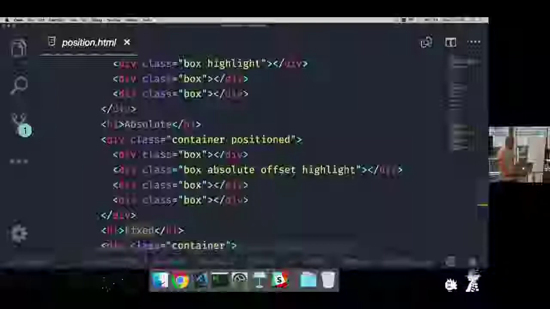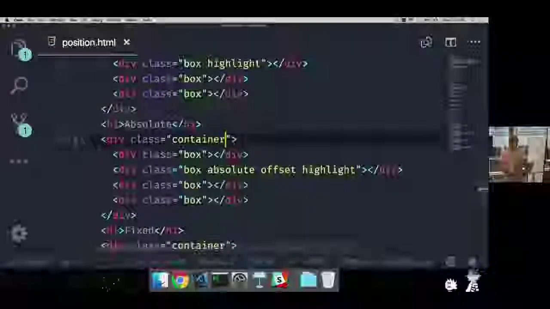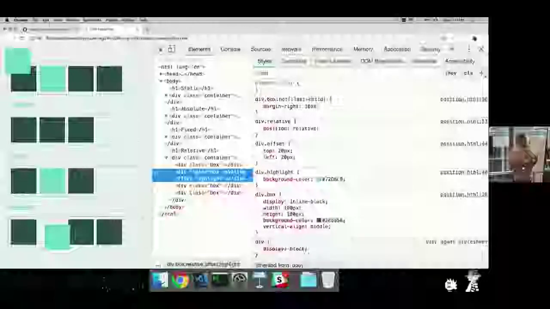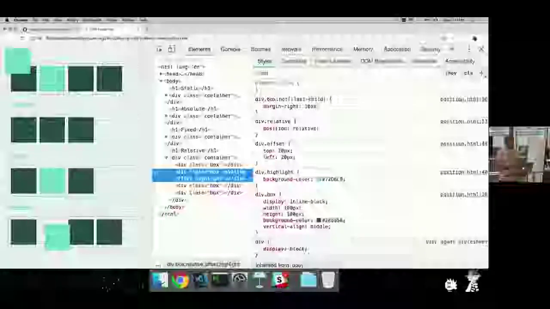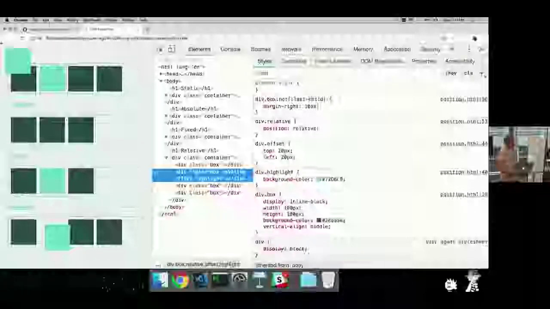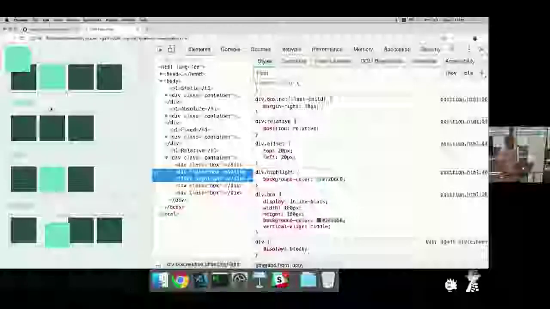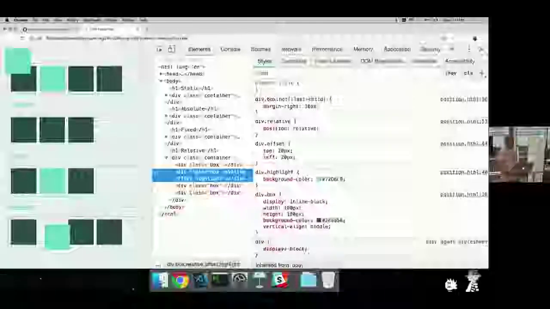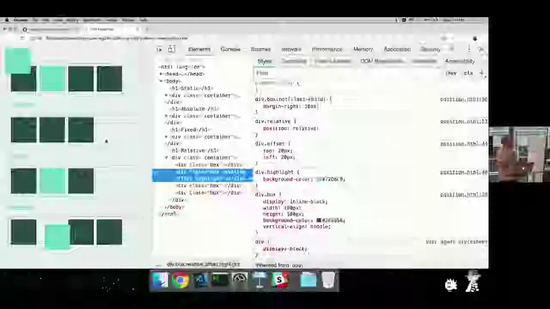Okay. So I've got all these elements here. This is the behavior for absolute that I originally described: it doesn't matter where it would have been rendered originally. Once I make it absolute and I give it a top and a left value, it's just going to look at the root of my viewport up here and then offset from there. So this is why this element is right here. It was absolutely positioned. It was taken out of the flow, so that means that it doesn't have any effect. Well, actually, it does have an effect. These things are where they would be laid out naturally as static elements.